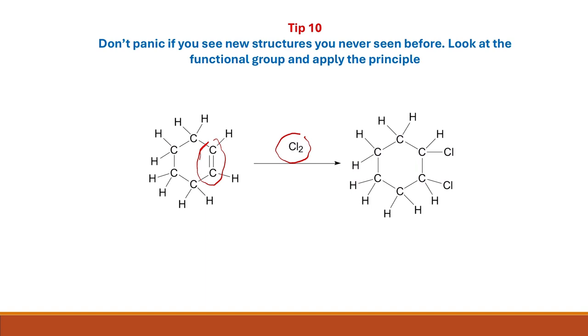You just need to look at the functional group here, which is the double bond. So the double bond will break and the two chlorines will be added. So simply look at the functional group, apply the principle, and ignore whatever the structure is, because you don't need to know all the structures, you just need